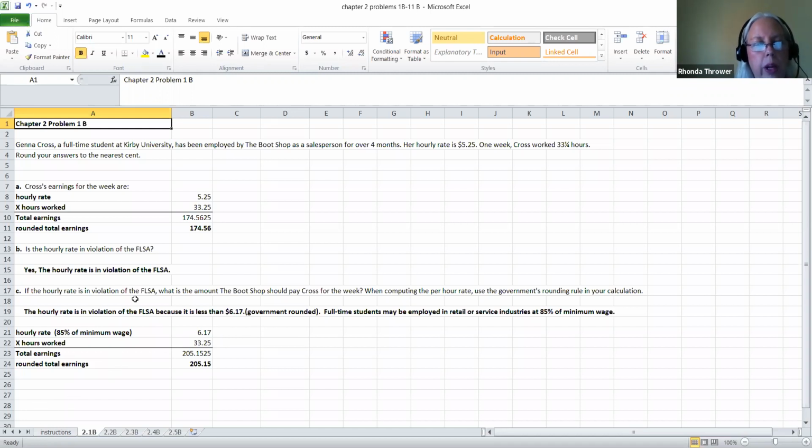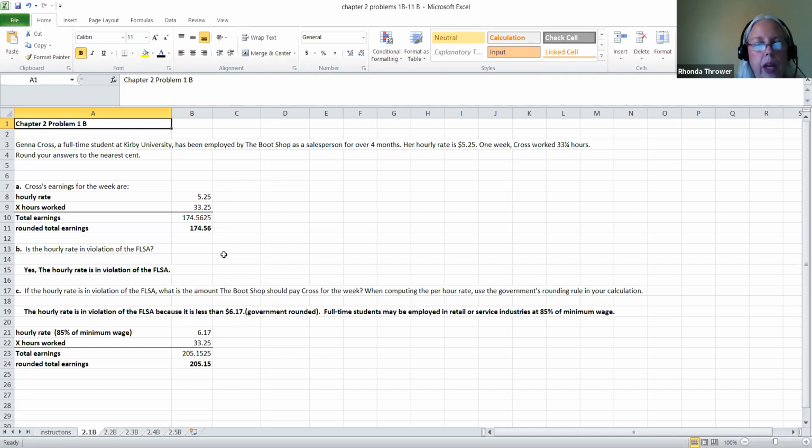So if the hourly rate is in violation of the Fair Labor Standards Act, which we said that it was, because they're paying them $5.25 an hour, and they should have been paying them $6.17 per hour. What is the amount the boot shop should pay Cross for the week? And then it has out to the side, when computing the hourly rate, use the government's rounding rules in your calculation. And remember, the hourly rate is in violation of the Fair Labor Standards Act because the amount